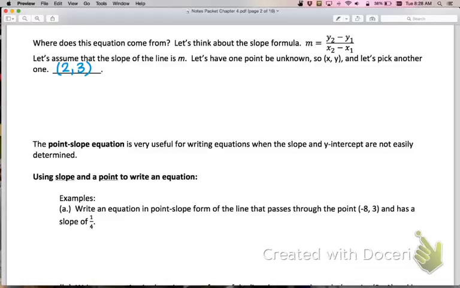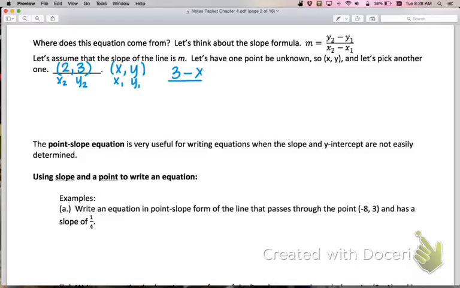So what we can do here is plug that in for one of my points, and the other one I'm going to have be x and y. I'm going to have this be x2 and y2, and this be x1 and y1 in my formula. So y2 minus y1, that would be 3 minus x equals,